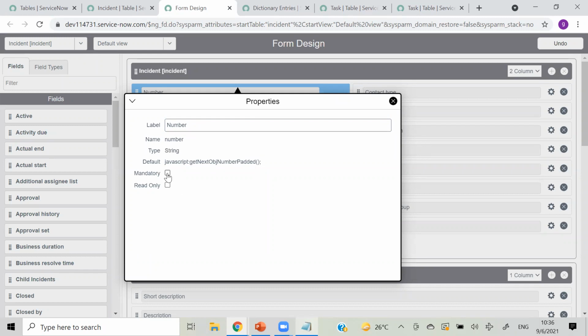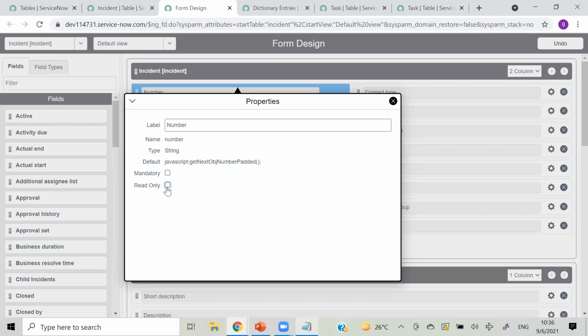If you want to make that field mandatory, just tick mark here. And if we want to make that field read only, tick mark here. These are the easy options by which we can make a field read only or mandatory. But I prefer that you do not use this option, because we have a separate concept called UI policies in ServiceNow.